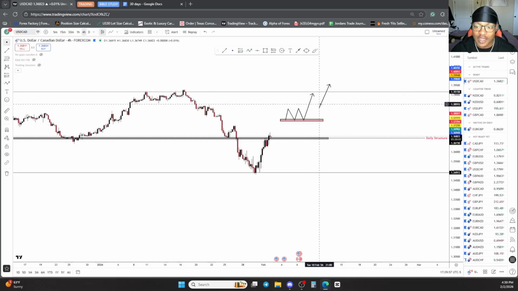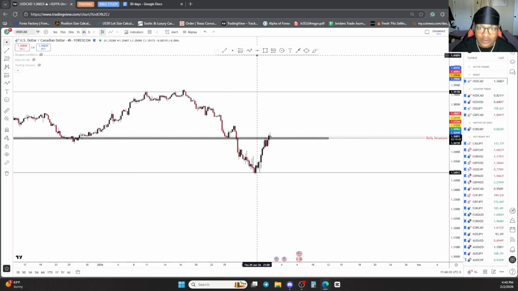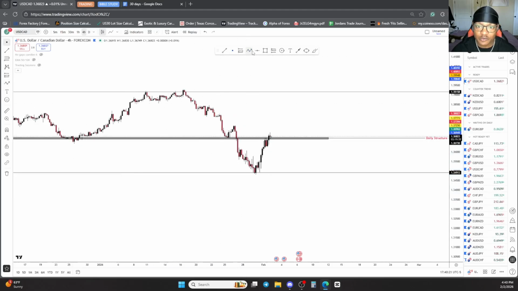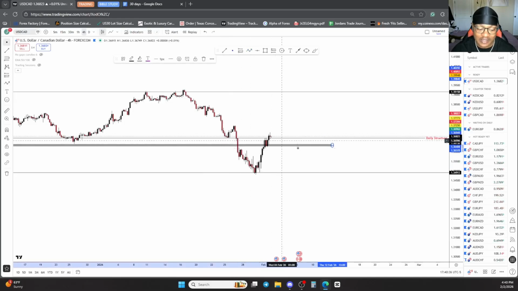Continue. So now I know that my daily and my 4-hour time frame are in sync, heading towards the downside. And on the daily time frame, we see that the floor has gotten broken through here, which also is in sync with the 4-hour time frame's floor as well, as you can see right here. Since I know that both time frames are in sync and I'm simply just using my 4-hour time frame to find that area of interest, the last break of structure happened around here, being my floor. This is why I have this box in this area.